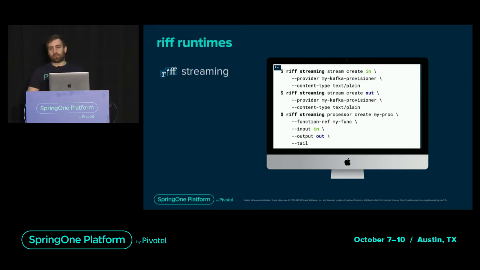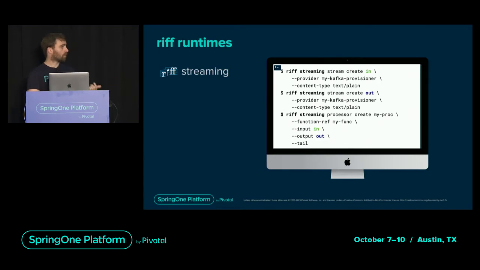So here the example is a bit different, of course, because concepts are a bit different compared to the core and Knative runtime. As I said, you need streams first. So here we just create one input stream. That's the first command. We refer to the provisioner, which in that case is only for Kafka at this point. That's the only broker we support. But that's what's going to actually create topics onto the Kafka you pointed to. And then we also add the content type just to specify what kind of data, what kind of format we accept for the data addressed in these topics. Similarly, we do the same for the output topics. So far, there are just two streams.